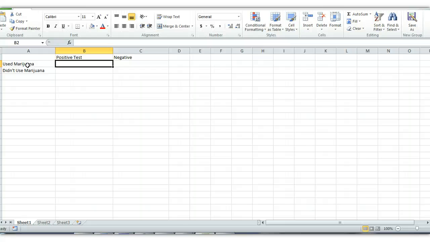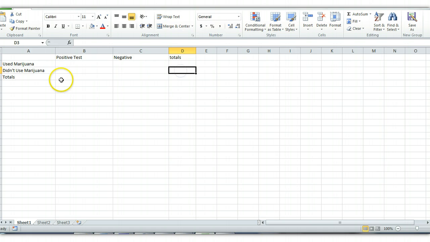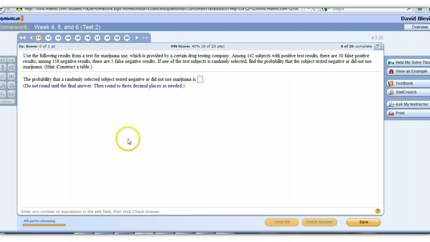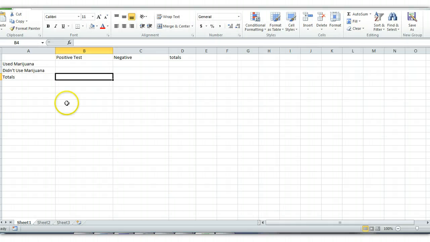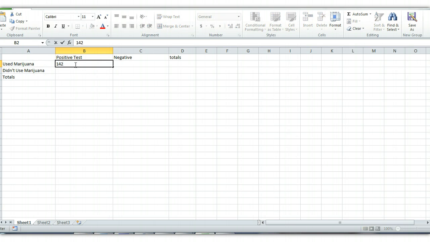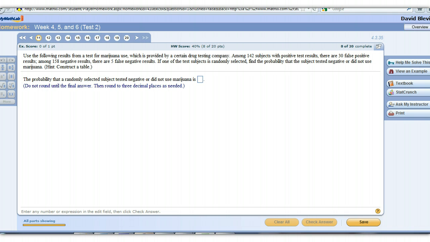Alright, now just like before with all these tables, a lot of times they'll leave off the totals because you got to have a little something for you to do. So if the totals are left off, you're going to need them, so go ahead and put them out there. Now what you have to understand in this problem is, among 142 subjects with positive test results, this is not where the 142 goes. Right? This is the 142 that had a positive test result that used marijuana. Okay? That's not where the 142 goes. It goes down here with the totals. There was a total of 142 positive test results. Alright? And then it says